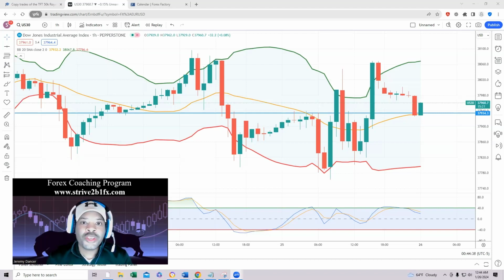Today, we're going over the US30 index and the 4 best times of the day to trade it, as well as a simple strategy to use. So as long as you understand how to read supply and demand, support and resistance, and basic price action and being able to read candles, then you're going to love this nice little strategy that I'm about to share with you guys. And even if you're new to trading, I'm going to briefly discuss it,